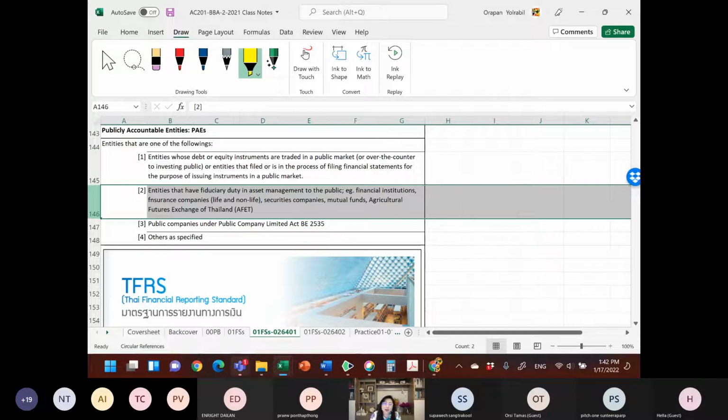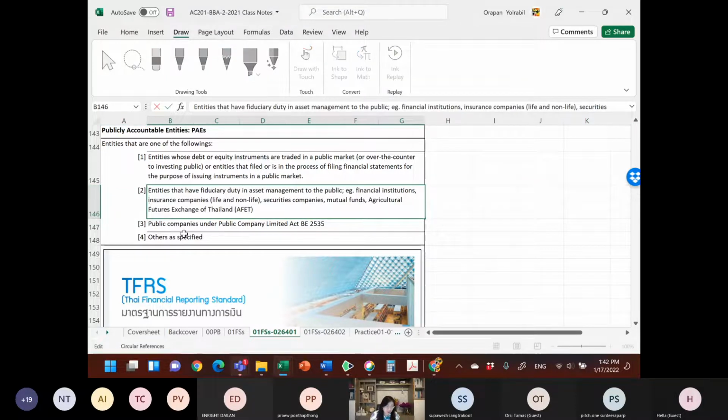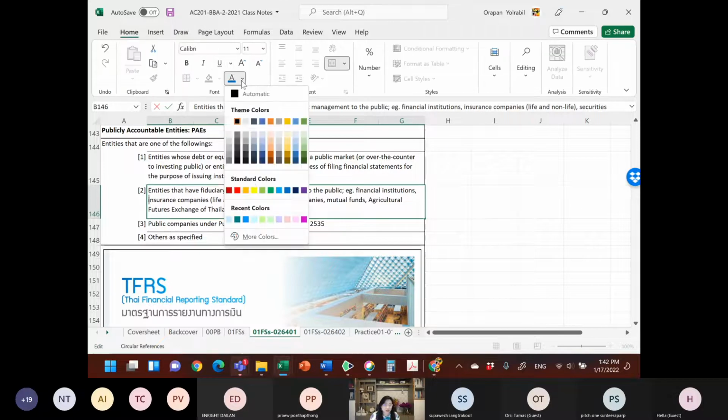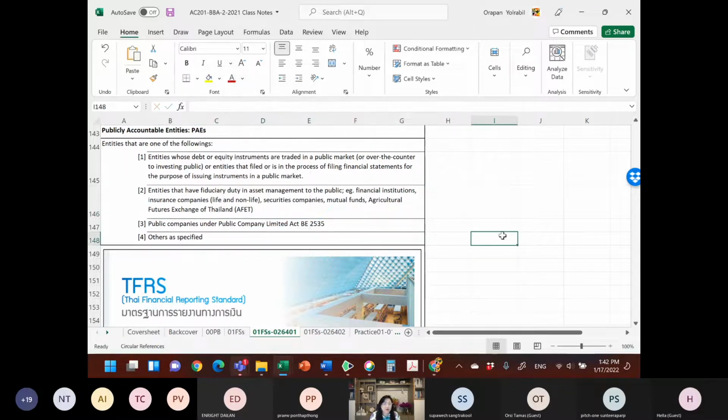Secondly, if there are entities that have fiduciary duty in asset management to the public. So what does it mean by that term? It's an accounting term actually. Basically, these are the companies that take care of or look after somebody else's assets, like the banks, for example, or insurance companies. This is insurance, it's a little bit of a typo there. Insurance. So financial institutions, insurance companies, securities companies, mutual funds, or AFIT. So these are part of the